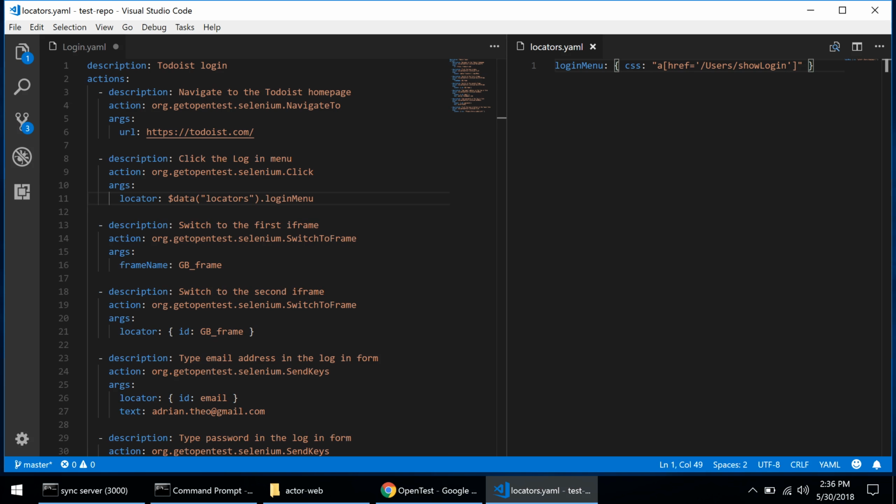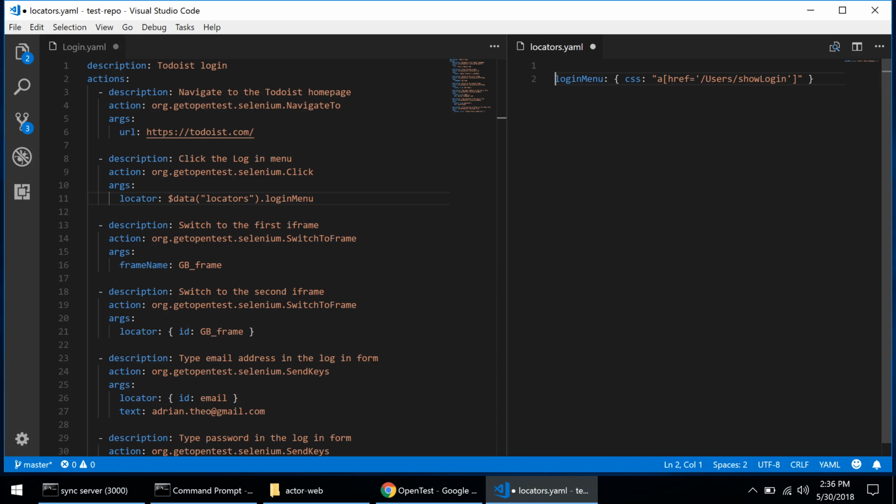There will be a lot of locators in this file, and to make it a bit more readable, I want to organize it on multiple levels. So I want to put all of the locators for the elements in the home page under a separate property name. So we'll call that property homepage, and then we'll indent this so that